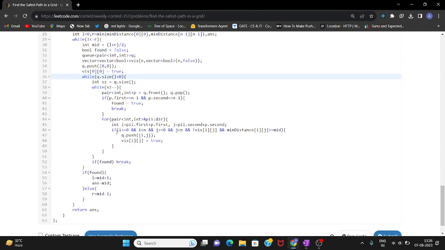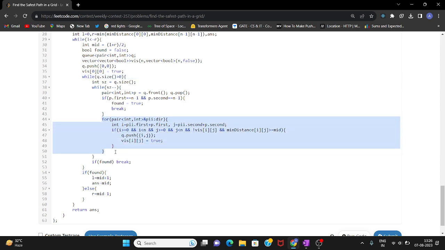We will make four choices. We are traversing the dir array, which is making four choices: up, left, down, or right. And we are checking whether the cell is valid and is not visited already.